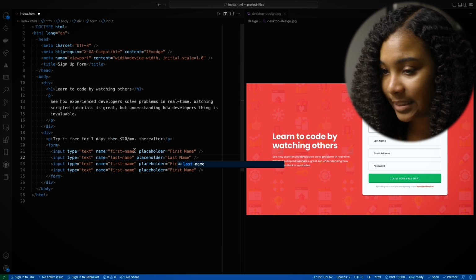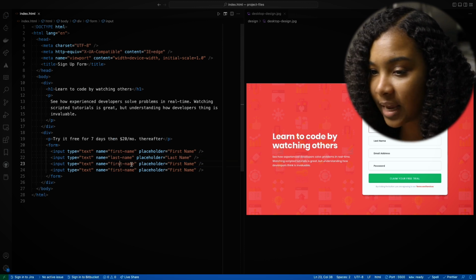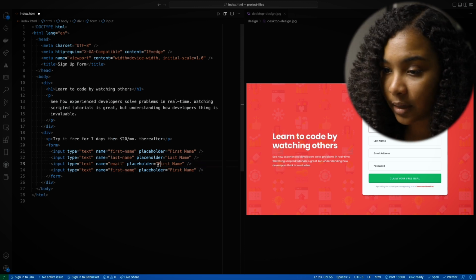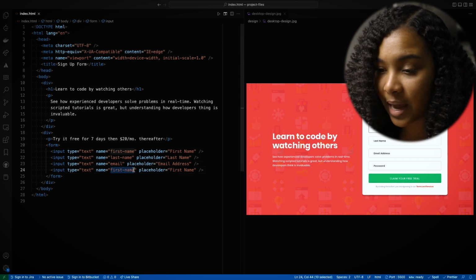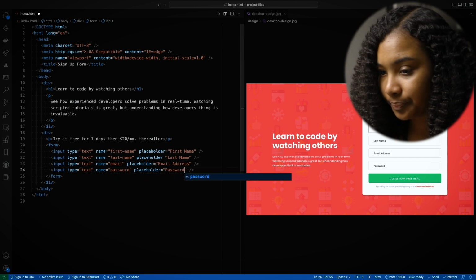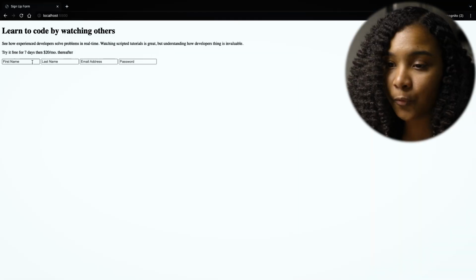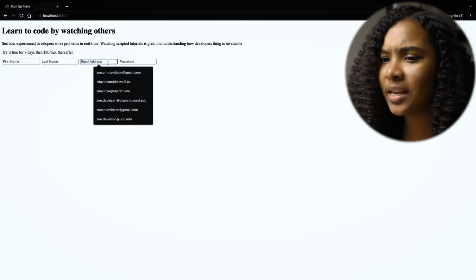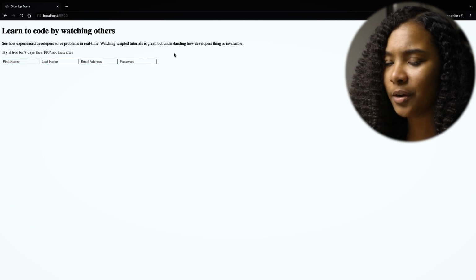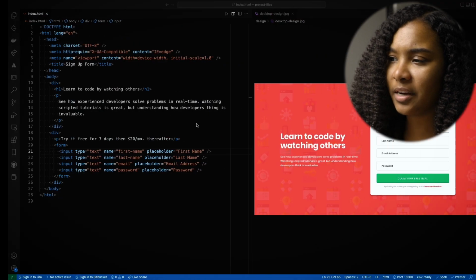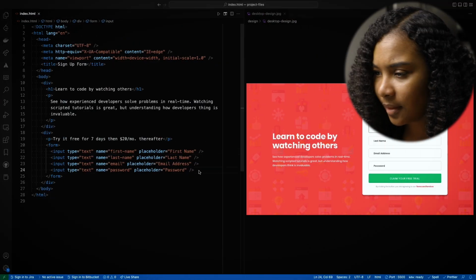Placeholder for this one, last name. And then the next one looks like, all right, we've got our 4 inputs here. Again, they're sitting side by side instead of stacked on top of one another, but that's something we'll fix in another lesson. And then